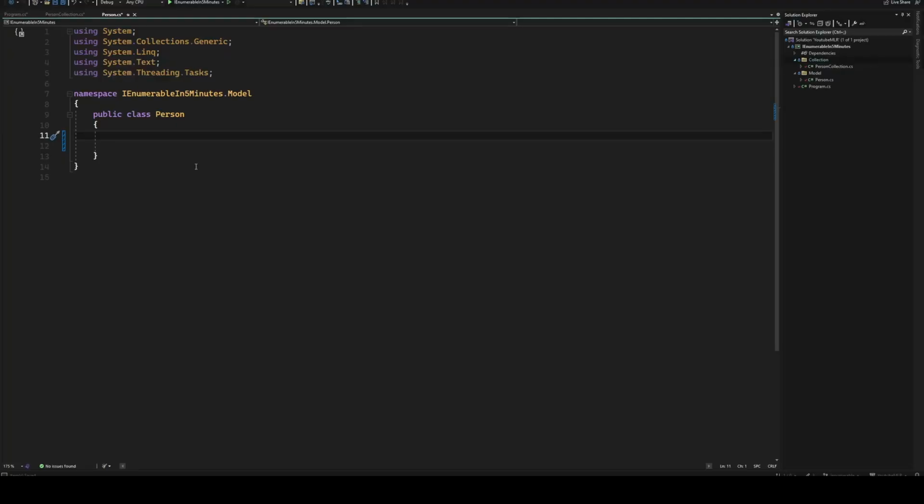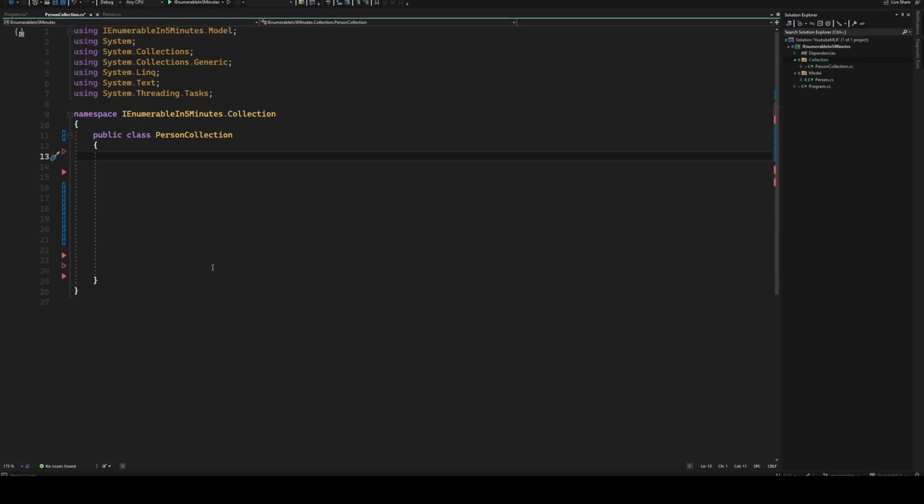Let's start by making a custom class that is a model of a person that has a name and an age property. Now let's make a custom collection called PersonCollection that will house all of our person models. We'll start by making a